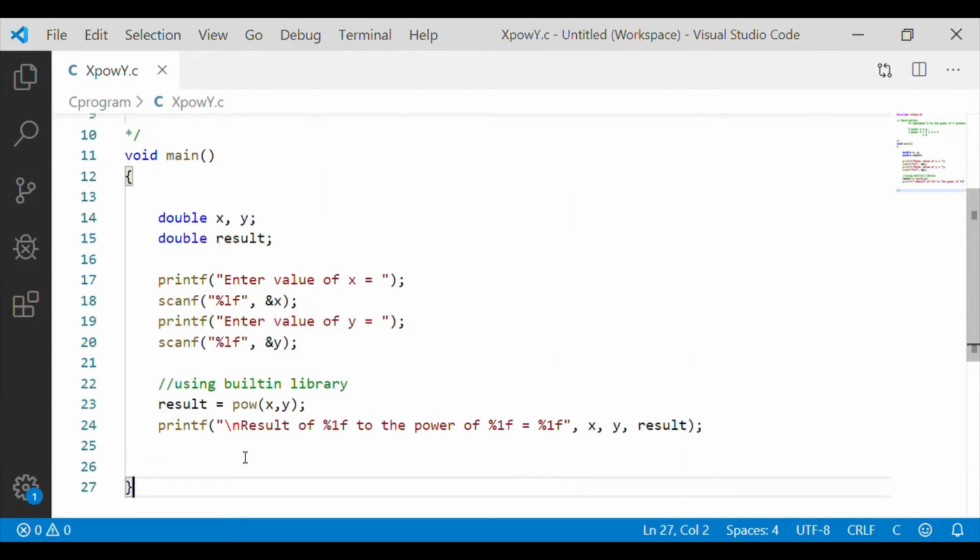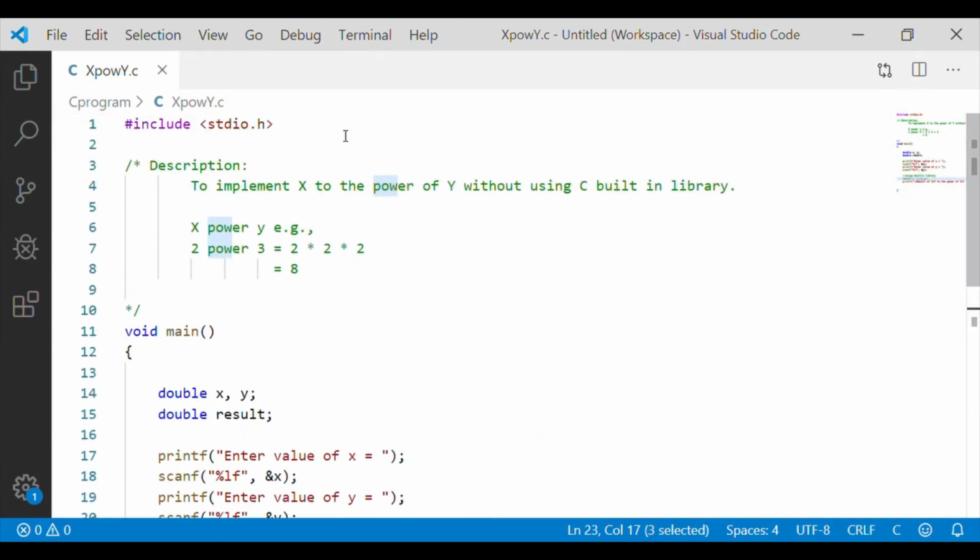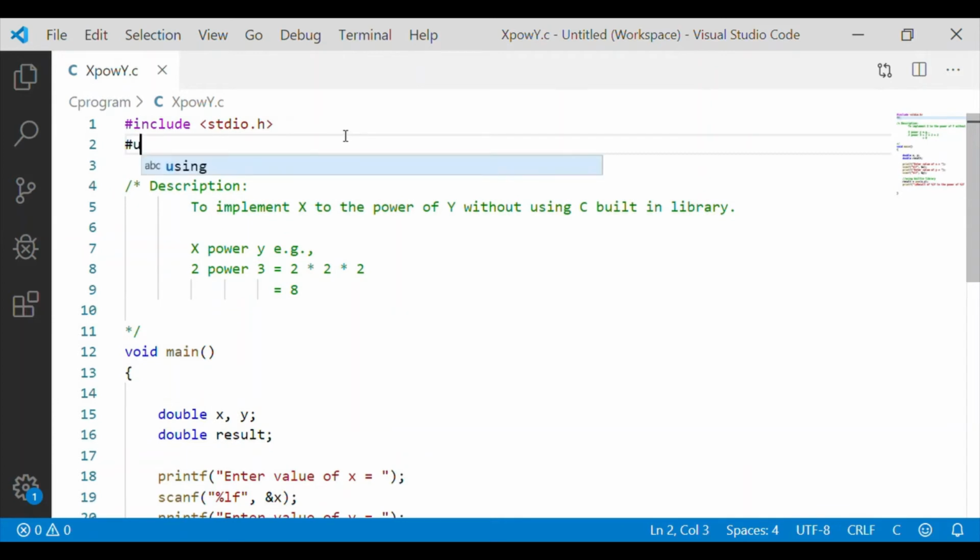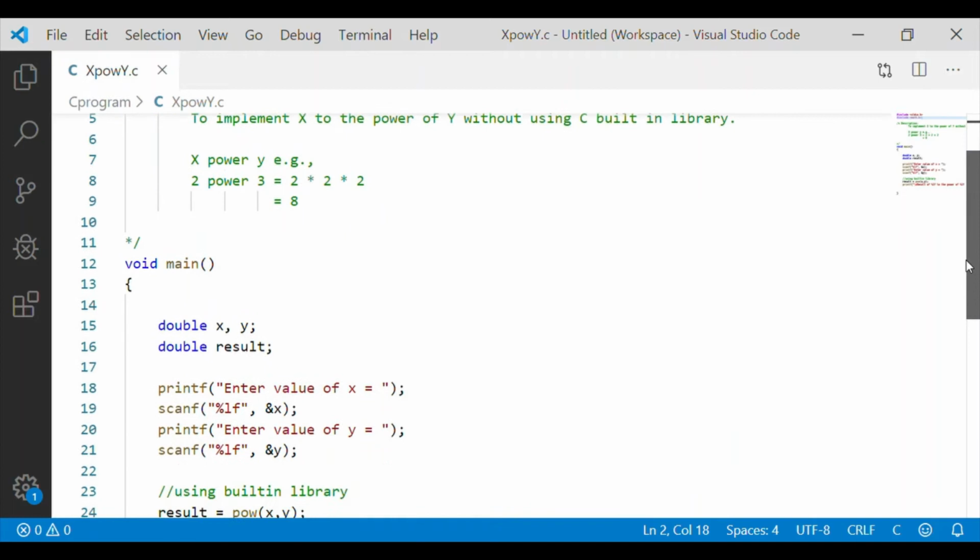So we are going to print result of x to the power of y is equal to the value we get. As pow(x, y) is a built-in C library function, we will include the header file math.h. This math.h has this function defined.